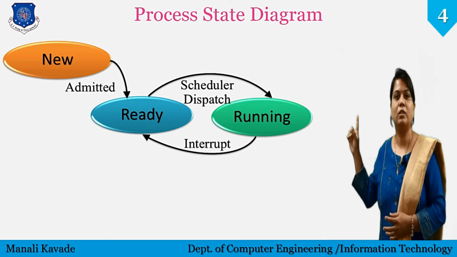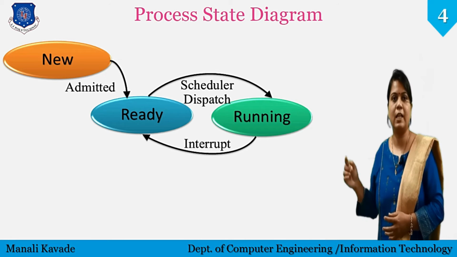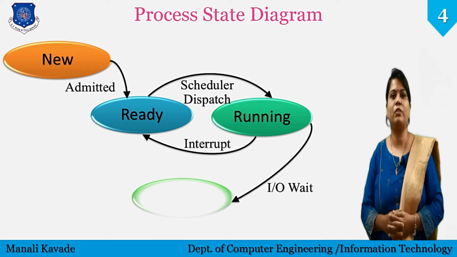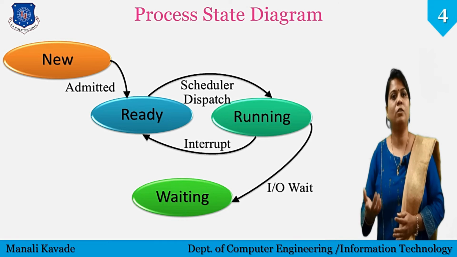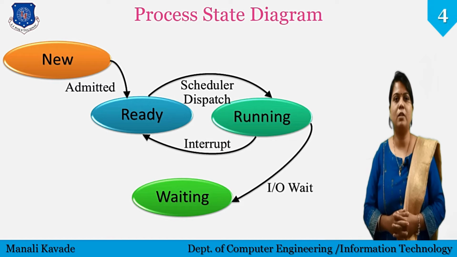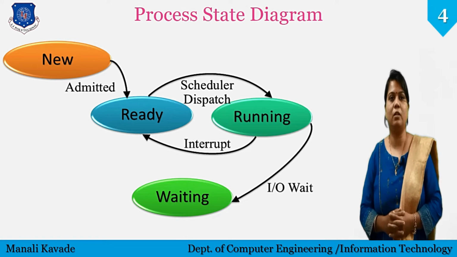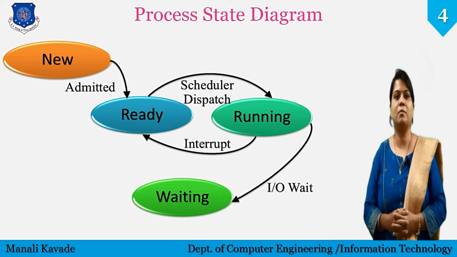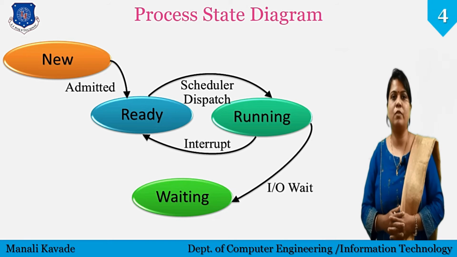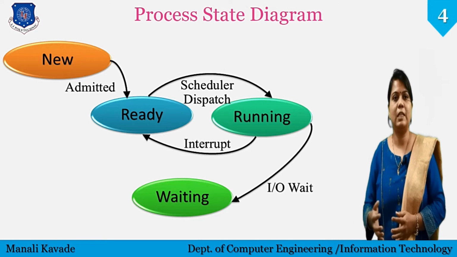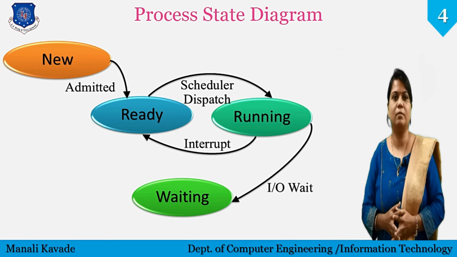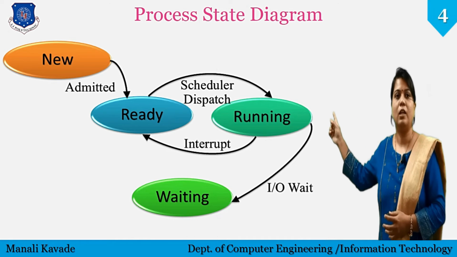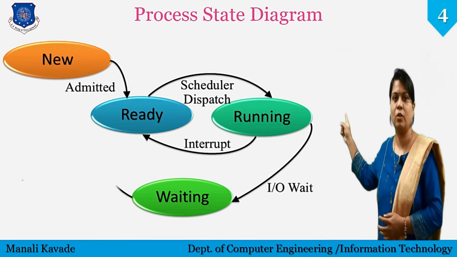Process will enter into waiting state when it needs any kind of input or output devices, and at that instance of time the input or output device is not available. As an example, some process requires a printer to print a document, but the printer is being used by some other process. So the process will wait and it will be in this state till the printer becomes free. Once that input and output device becomes free, it will enter into ready state, as you can see over here.